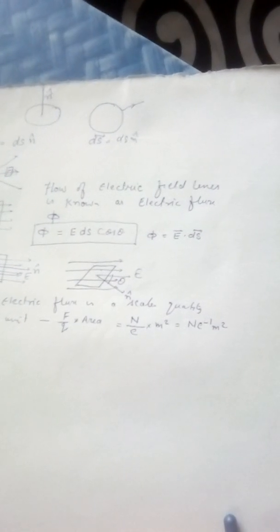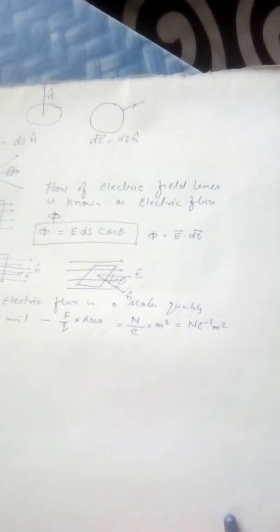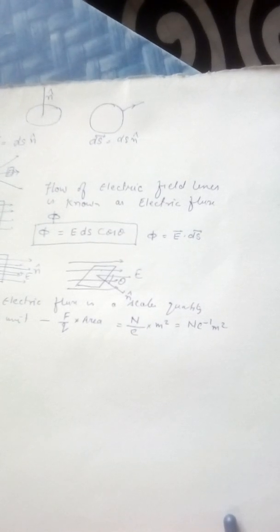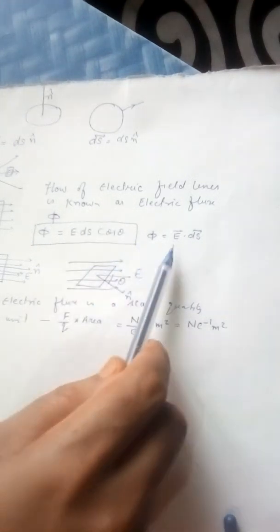So first we have discussed the area, and we have discussed that area is considered here as a vector quantity. Second, we have discussed here electric flux, and that electric flux decides the flow of electric field lines through a particular area, and that is given as the dot product of electric field, that is decided by the electric field lines crossing the surface, and the area element.